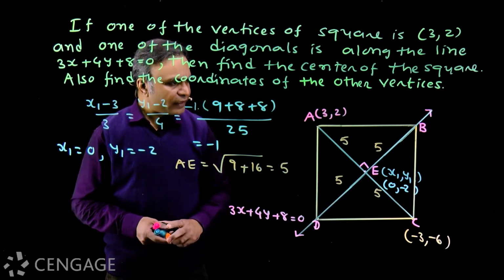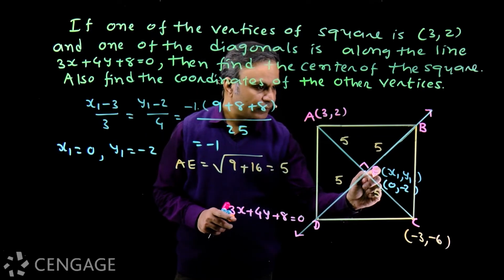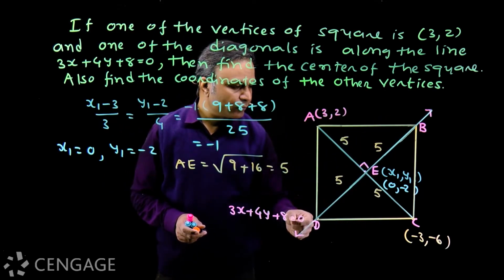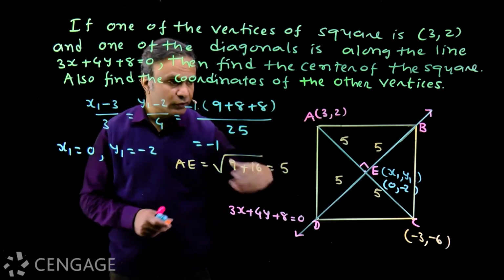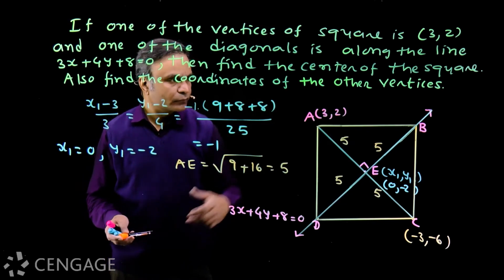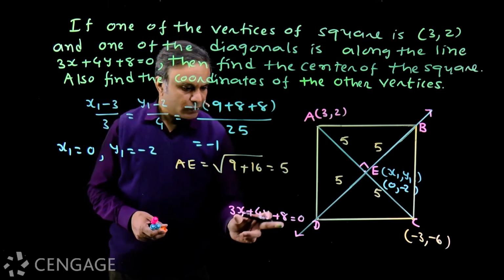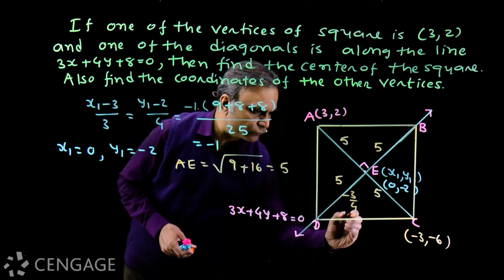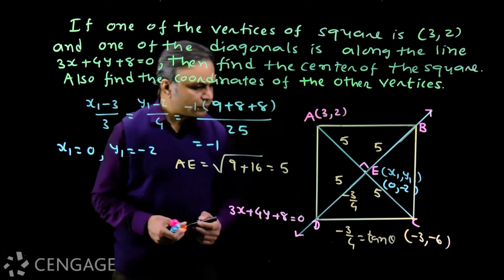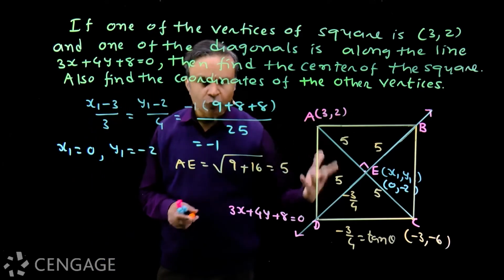Now we have 2 points on this straight line at a distance of 5 units from point E. Points B and D are the points on this line which are 5 units away from point E. Then how can we get coordinates of those 2 points? Now the slope of this line is -3/4. So we have -3/4 equal to tan theta, where theta is the inclination of this line with the positive x-axis. Tan theta is the slope of the straight line.